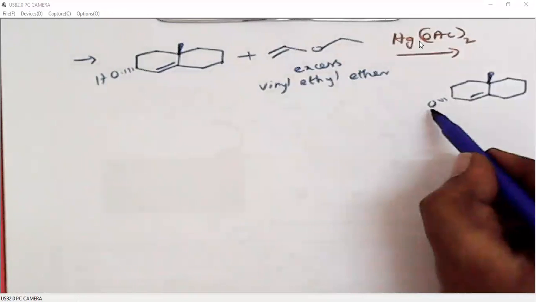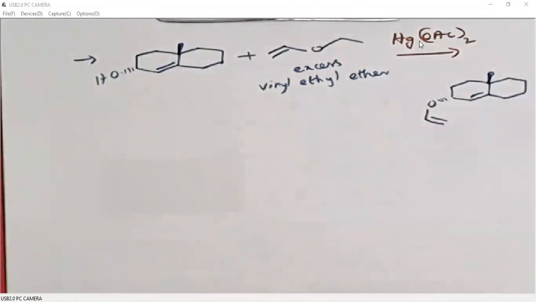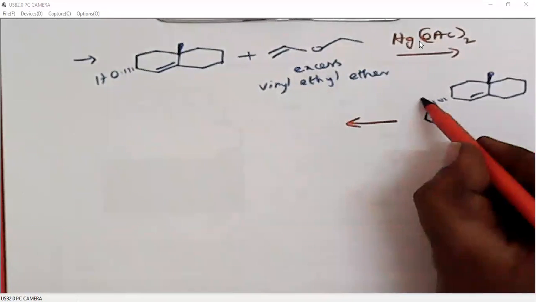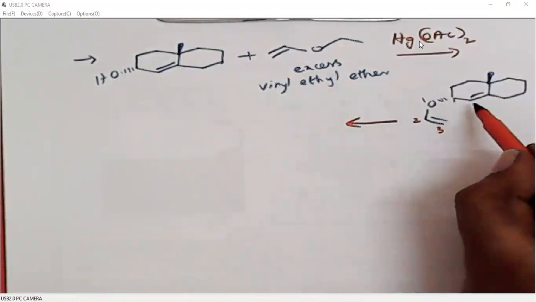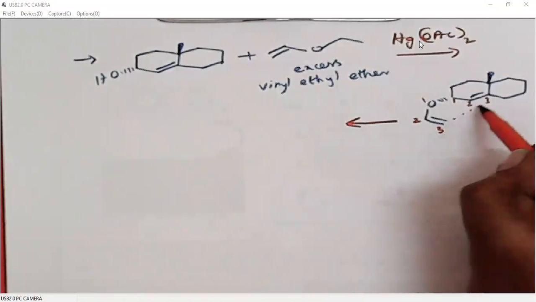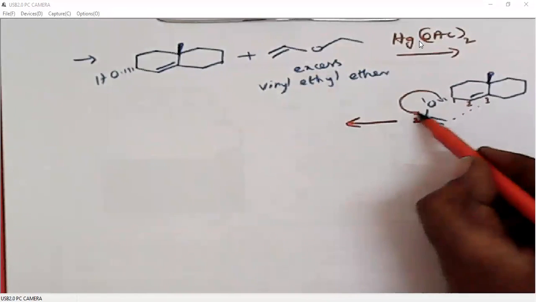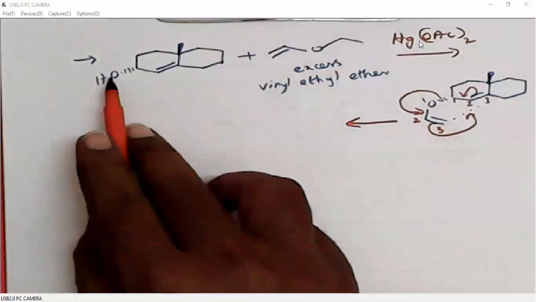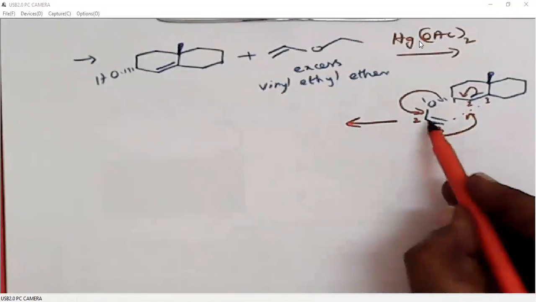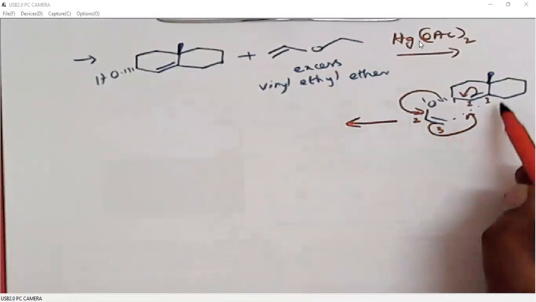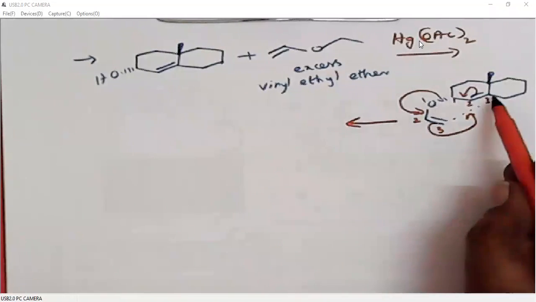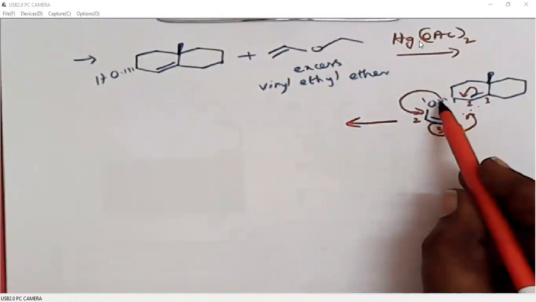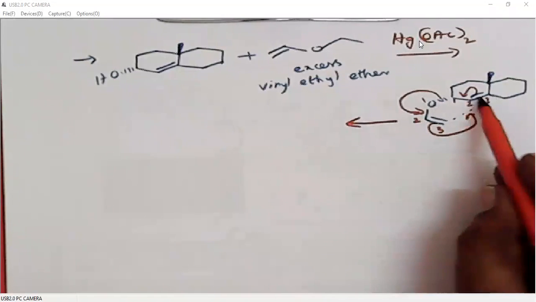This vinyl group now is transferred here. When we heat this fellow, it undergoes Claisen rearrangement. 1, 2, 3, 1, 2, 3. So we can break this bond. We can polarize like this. Because this OH is below the plane, now this entire vinyl group is also below the plane. So it transfers to this carbon from below the plane, but not from above the plane. Remember, this OH group is already below the plane, so it directs the stereochemistry here.